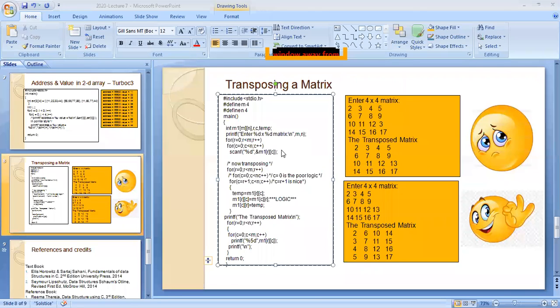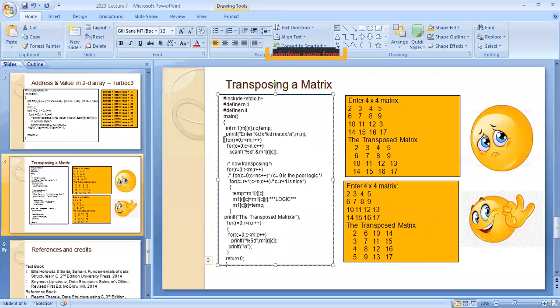Okay, now you see, transposing a matrix means moving all the row elements to the column and all the column elements to the row. For that I will be defining the maximum rows as 4 and maximum columns as 4. Now I will go with all the variables. Now I am entering all the elements.